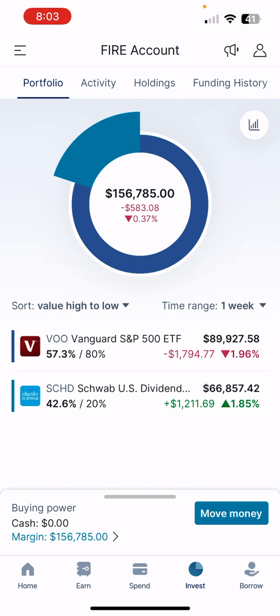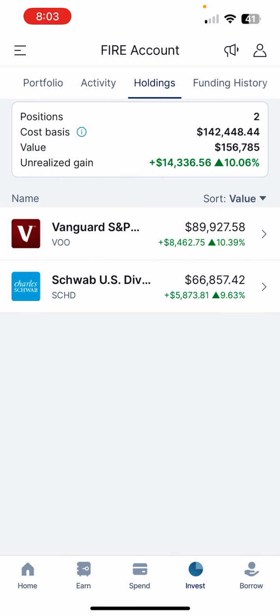Let's go back to the main page and let's look at the holdings. Yes, holdings. Here's where the truth is coming out. Overall, the portfolio is up 10.06% or $14,336.56. VOO is up 10.39% or $8,462.17. This percentage was at least 2 or 3% higher than what it is right now. But look at SCHD, it really has stepped it up in terms of the overall returns. SCHD is up 9.63%